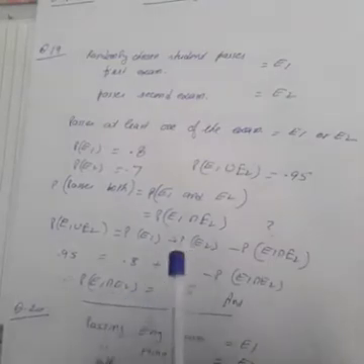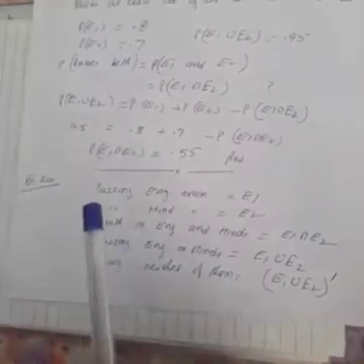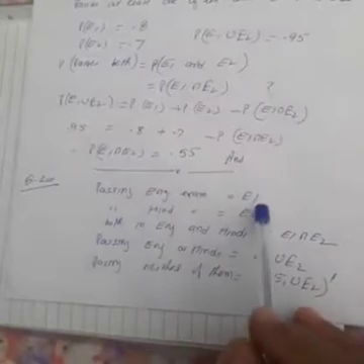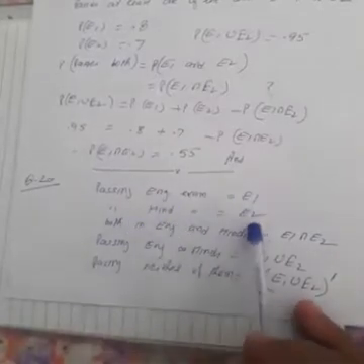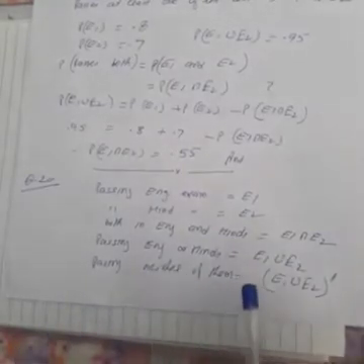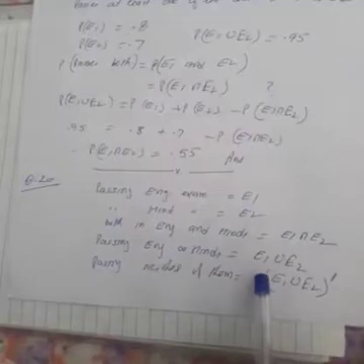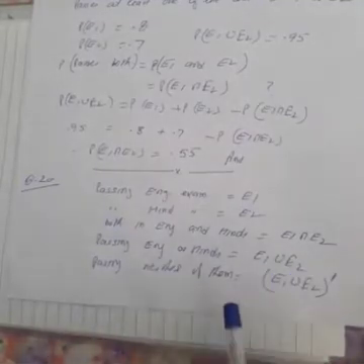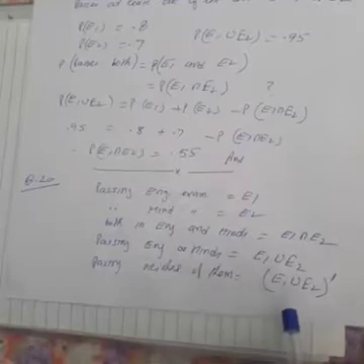So I hope it is clear. This was question number 19. Question number 20. Passing the English examination, let it be event E1. Passing the Hindi examination is event E2. Now passing both English and Hindi in symbols will be written E1 intersection E2. Passing English or Hindi in symbols, we can write E1 union E2. Passing neither of them is (E1 union E2) complement. These are the symbols.